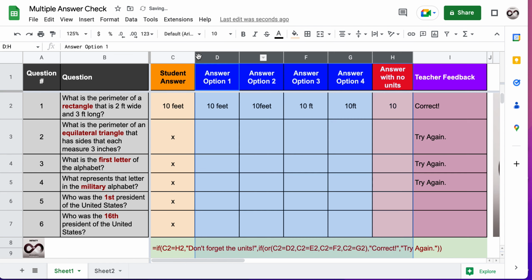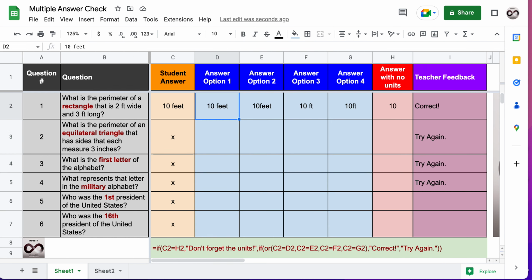The reason all of this happens is because of all of this that I've hidden here. I've put different options. These are 4 different answer options that I will accept as correct, and you can go even further by putting more than these, but I've just put 4 because I think that's enough for my use. But then I've also put this column that says answer with no units. So 10 will give it a specific response of check for units. The way I do that is by doing exactly what I have down here in this green cell. So I've just put the text down there so you could study that